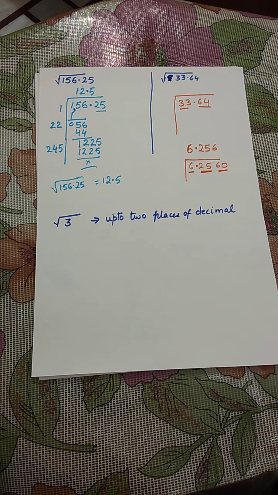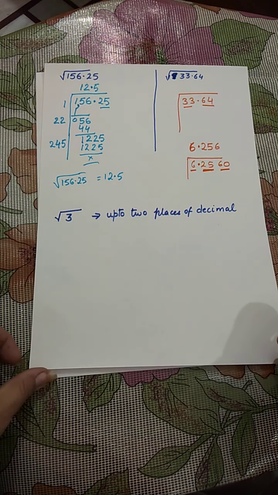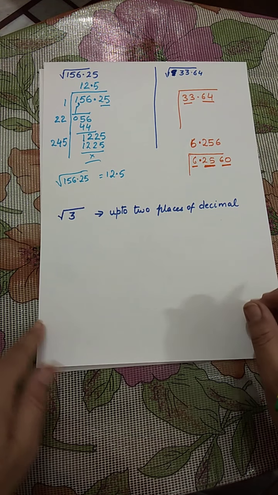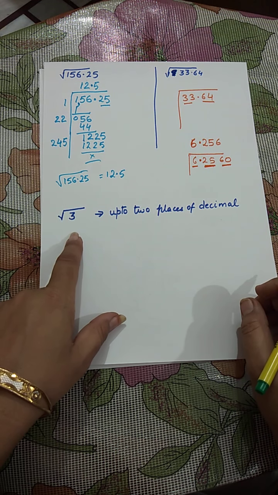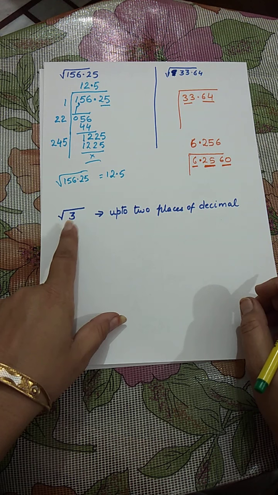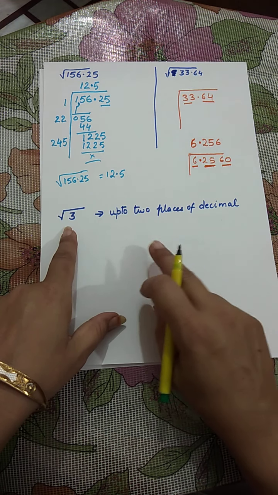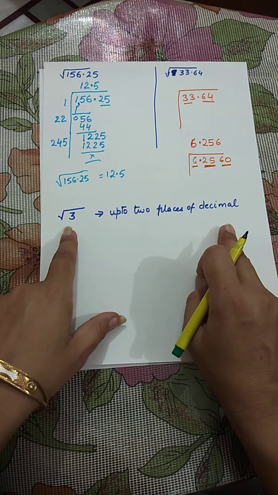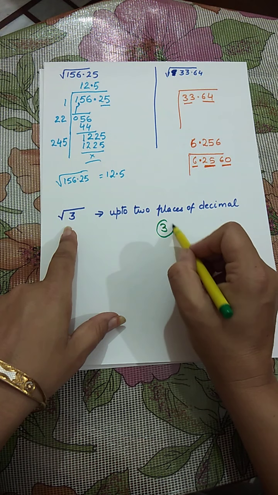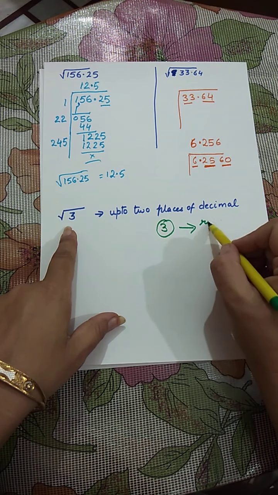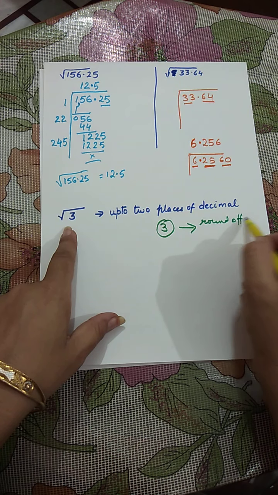You can also do it this way when you get odd numbers in the decimal part. So the next topic, which is very important, is if you have to find the square root of a number which is not a perfect square. In this case they have told us to find it up to 2 decimal places. Whenever you have to find up to 2 decimal places, remember you will find for 3 decimal places and then you will round off to 2 decimal places.